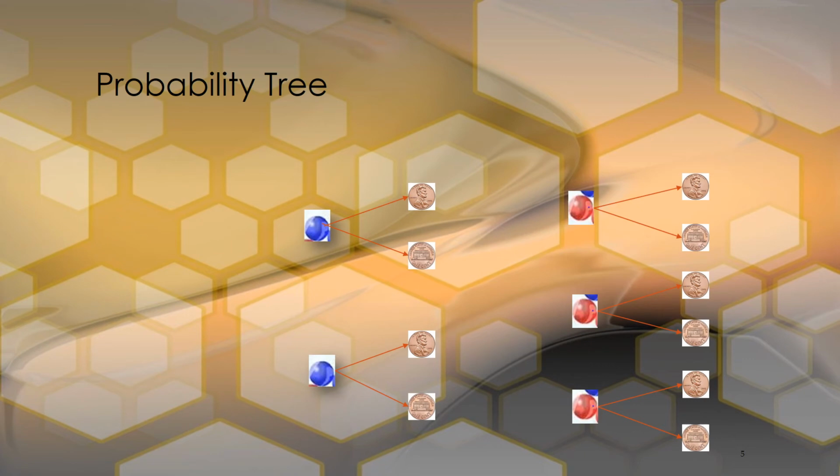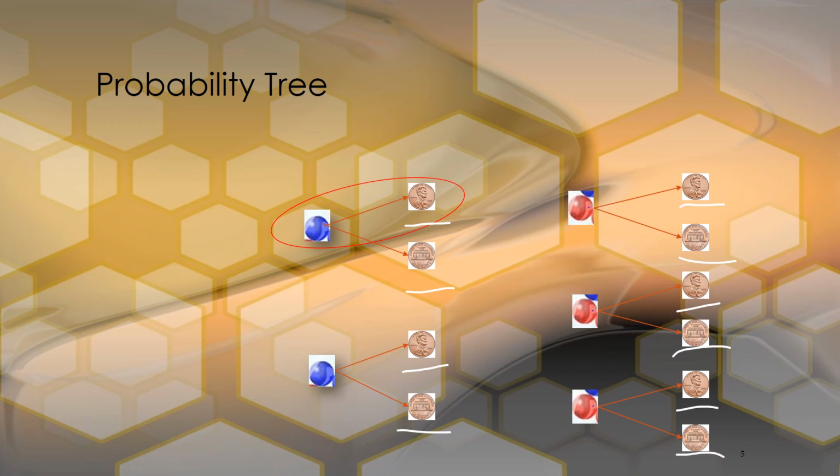We could also make a probability tree to find the answer to this problem. So what we're going to do is show what are all the different outcomes that are possible. So we could do either the first blue marble, or we could draw the second blue marble, or we could draw the first red marble, or the second red marble, or the third red marble. And then for each of those marbles, we could get heads or tails. So there are 1, 2, 3, 4, 5, 6, 7, 8, 9, 10